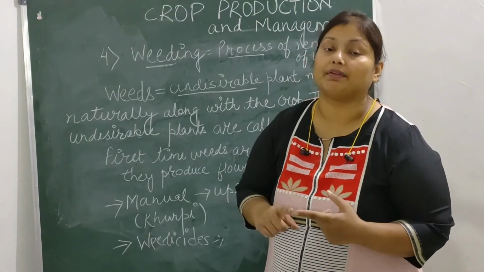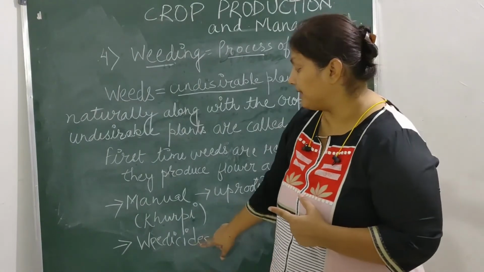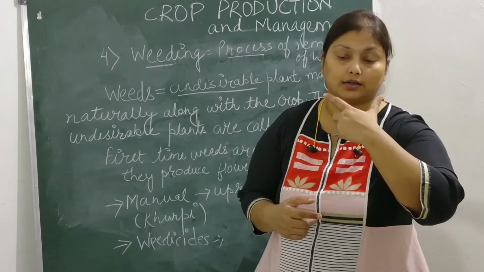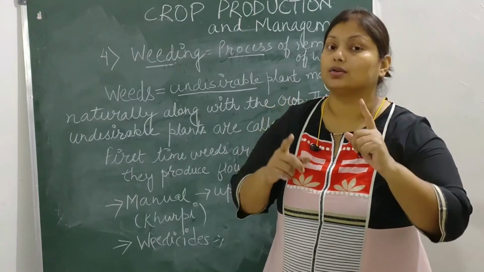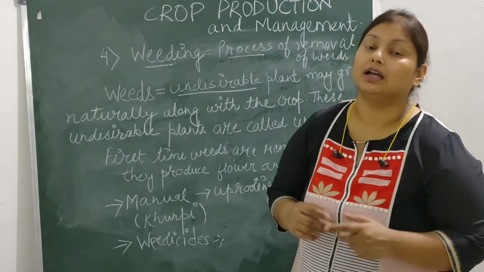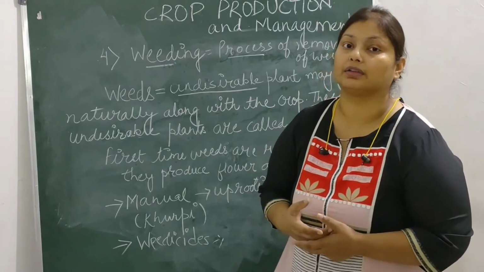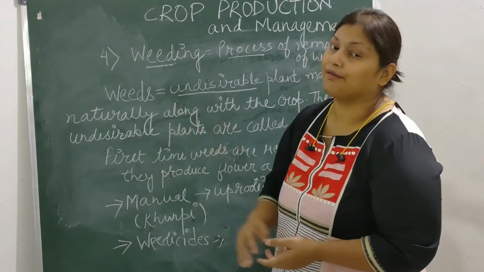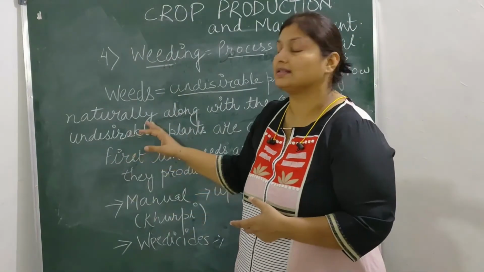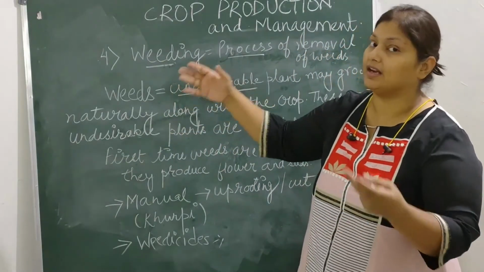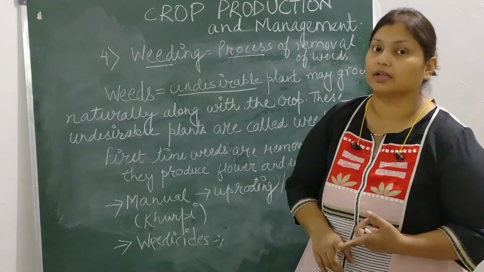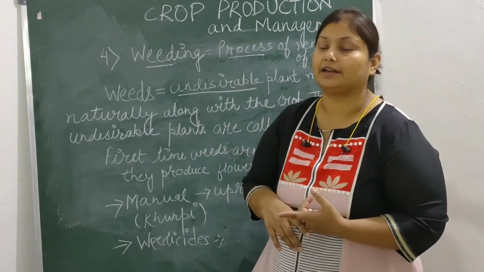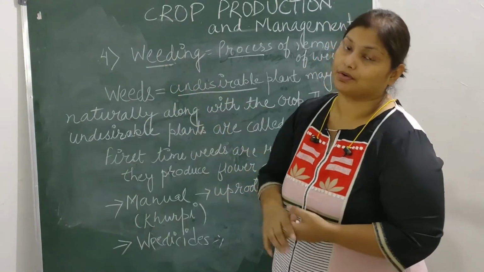So the farmer has to be very careful before spraying weedicides on the field. They have to cover their mouth, nose and eyes also. So weedicide is harmful for the health of the farmers. This is the negative part of weedicides. Otherwise, weedicide is the best for removal of weeds. So for today, we have learned weeding. We learned from the starting, from preparation of the soil, sowing, then adding manure and fertilizers, and after that we learned the weeding process also.